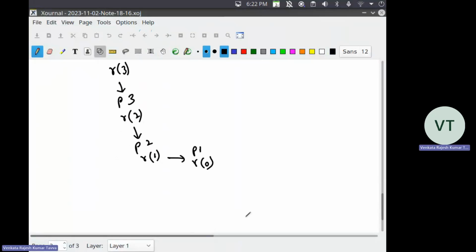Is 0 equal to 0? Yes. In this case, what do you do? You just print 0 and then you just return. You return to the calling function. What is the calling function? R0. Yeah, you just return. Fine. Now you print 0 and you return to the calling function. So the calling function here is R1 actually, right? So here you printed 0 and then